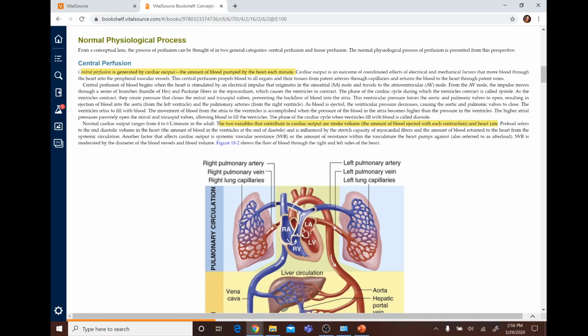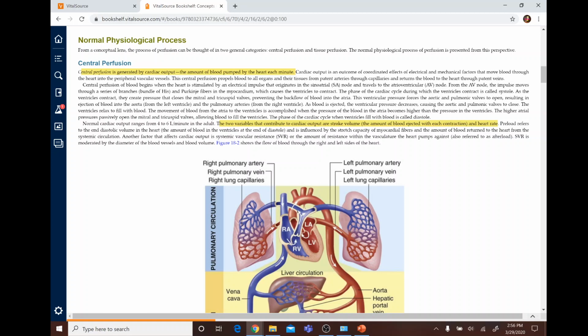Talking about central perfusion, this is generated all by our cardiac output. It's basically the amount of blood pumped by the heart each minute. So central perfusion of blood begins when the heart is stimulated by an electrical impulse. It gets a little jolt that usually originates in the SA node. This then goes to the AV node,